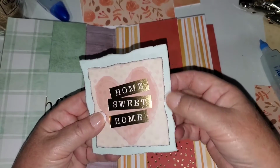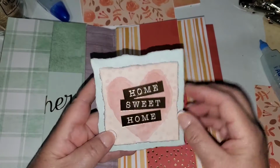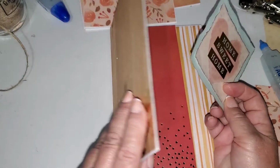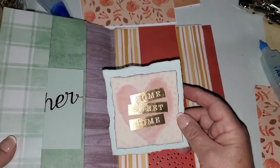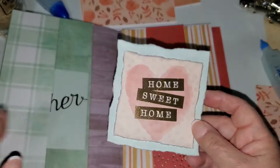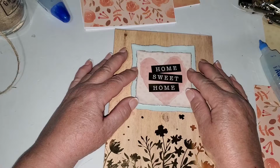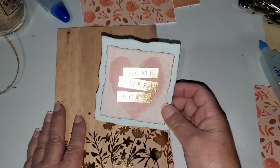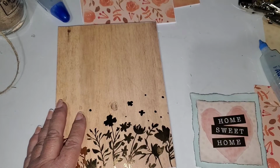Now I took a bit of this green and I took the Home Sweet Home and I just ripped the edges, and I just used the black that was actually on my little dauber and went around the edges. I didn't add any extra to it. So it's just got a hint of black, but I think that's what I'm going to put right here on the front. I just think that is so stinking cute. So either that one or